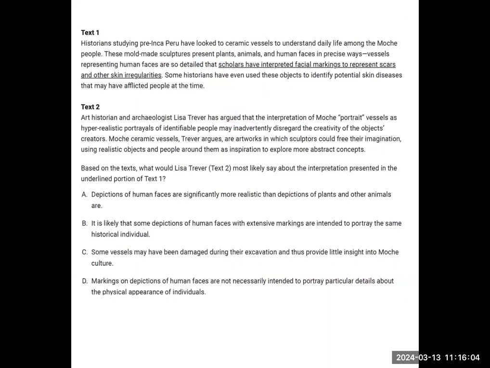So when you have one of these multiple text passages, step one is going to be to read the prompt. And what is the prompt asking us? Based on the text, what would text two say about text one? So step two is going to be, well, if I need to know what text two is going to say about text one,